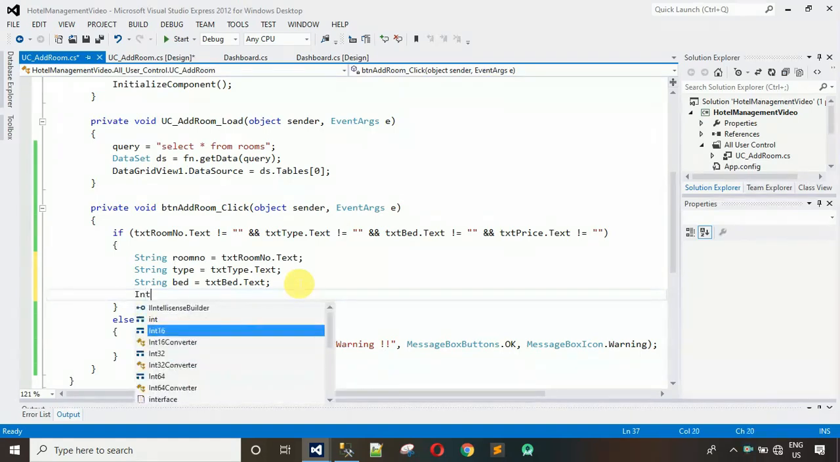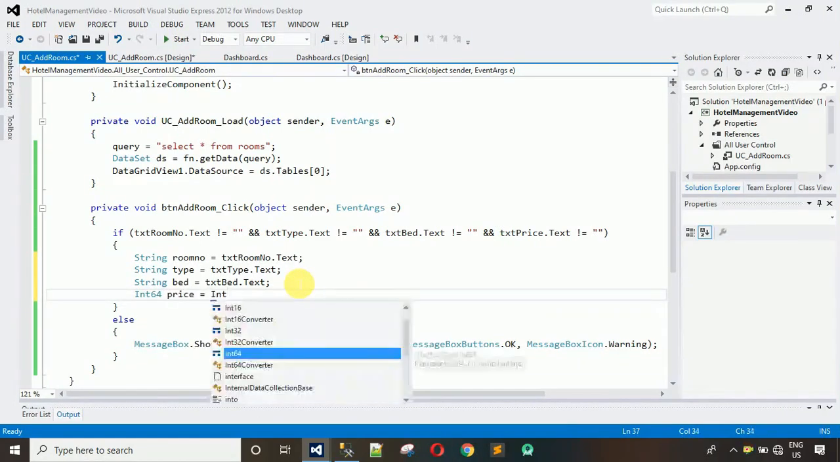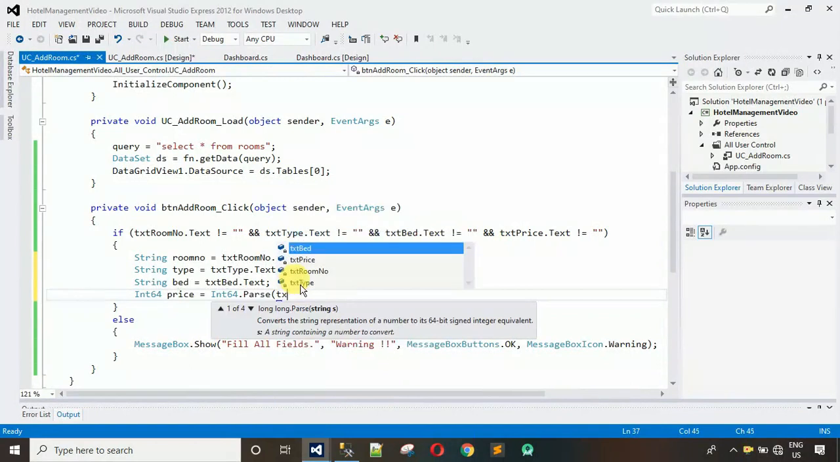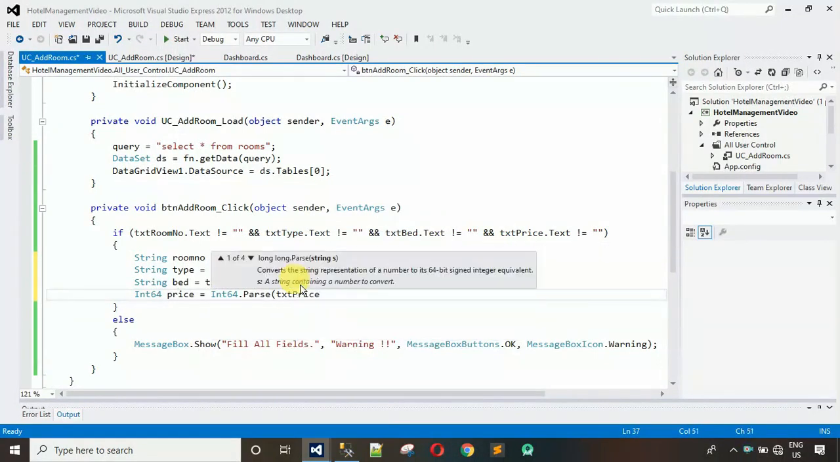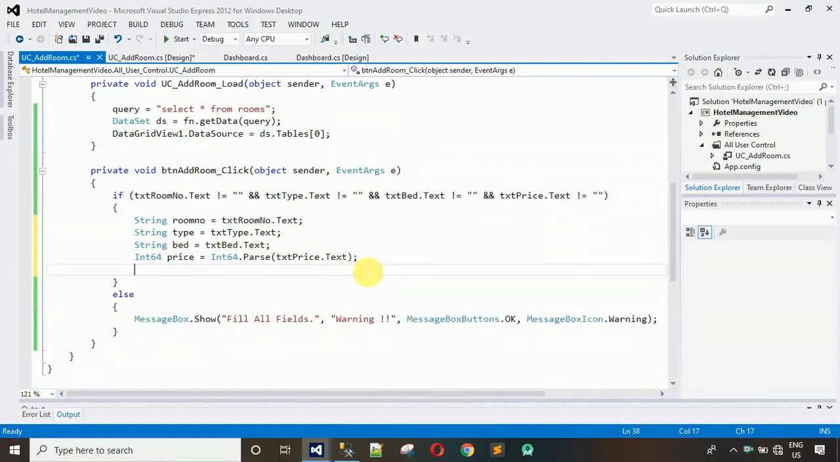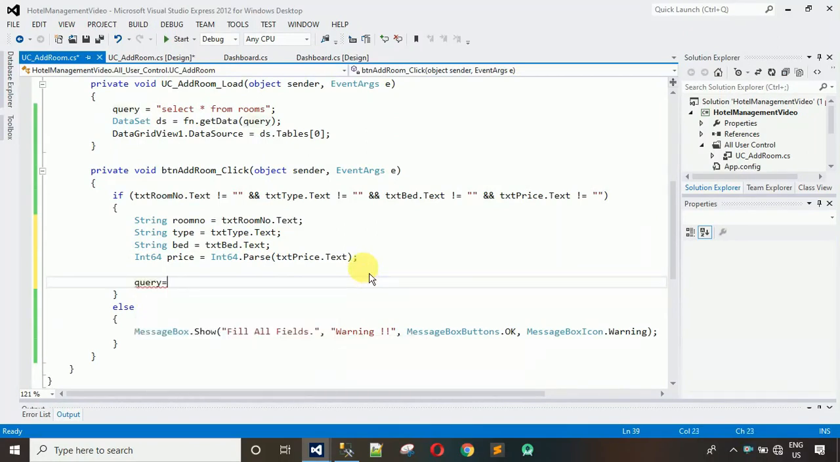So int64 price is equal to int64 dot parse. With the help of method parse, we can convert the string format to integer format. txtPrice dot Text, and now we have all the data in these variables. And after this, what we have to do is write the query. So query is equal to